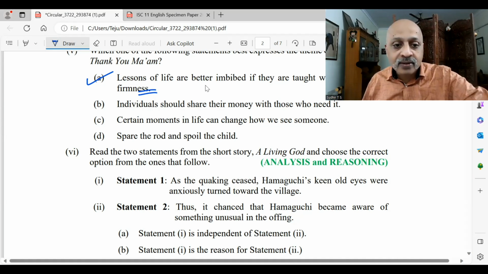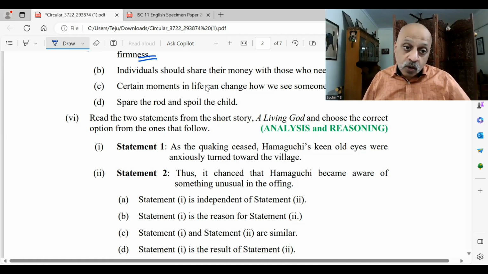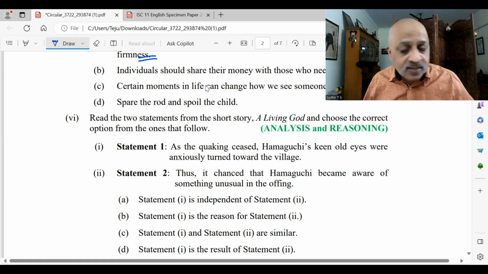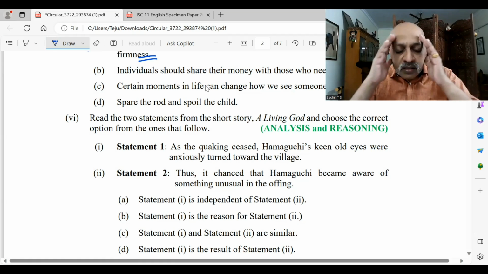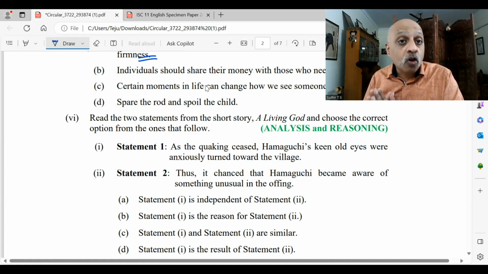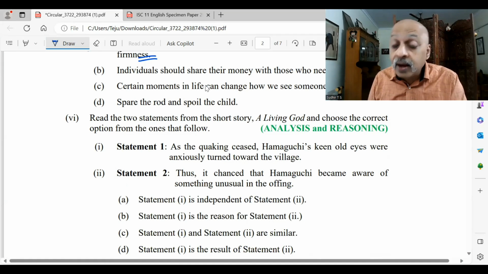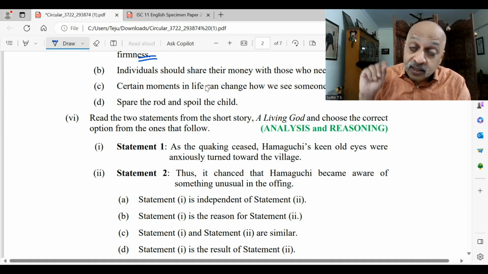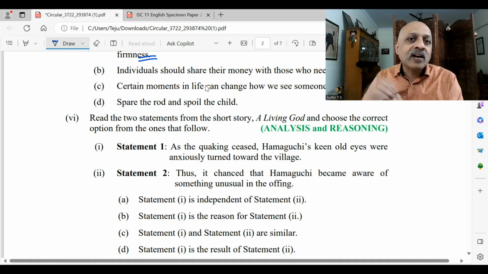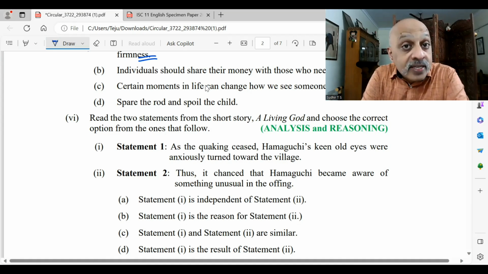You need to think analytically. So read the 2 statements and then look at the 4 options. What do you think it is? I'm going to give you time. So as the quaking ceased, and इसमें मैं आपको एक बात बता देता हूं, please read your text multiple number of times. I know Grammatizer और Paper Menagerie and even to an extent A Living God काफी लंबे chapters हैं. टाइम लगेगा, लेकिन जितनी बारी और जितना ध्यान से आप उस चैप्टर को पढ़ेंगे, that much better will be your result, because these sentences are taken directly from the chapter. So only if you are familiar with all the sentences will you find it easy to deal with these